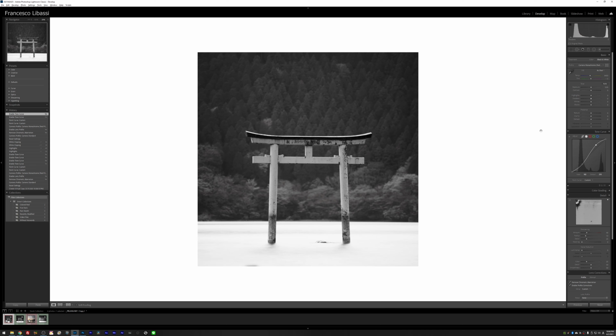So I want to preserve the details in the water at this stage. One way I can do that is by lowering the highlights here. I don't want to lower this too much because otherwise the water gets really dark. So probably something around -40. And by doing this globally, as you can see here, the gate actually gets a little bit dark.